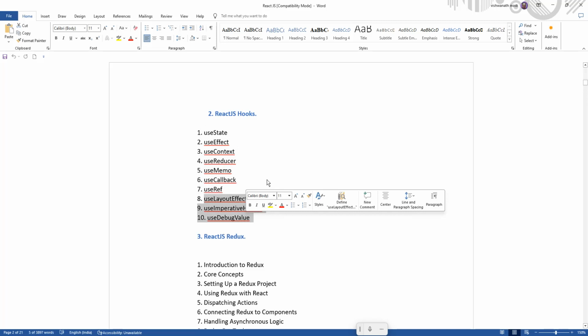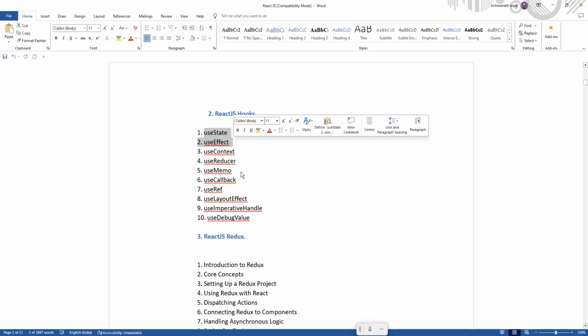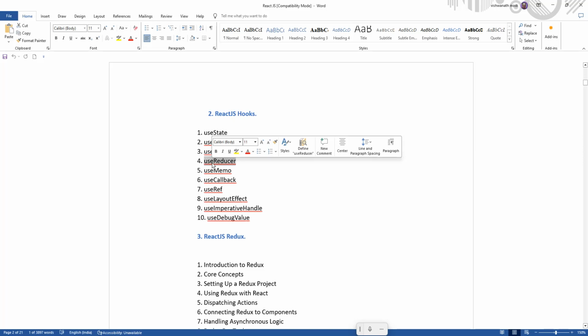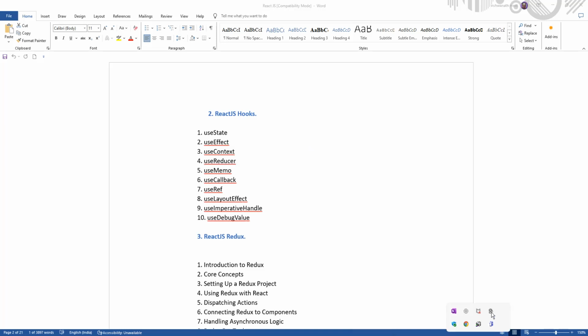Okay. But most often we are using useState and useEffect, and next will be useContext and useReducer, and the last are useMemo and useCallback. So these are the ones we use most often. But daily you are using useState and useEffect. In every project, every API call, you are using useState. Then useContext and useReducer are used to manage the state throughout the application. We are using these methods. Okay, so